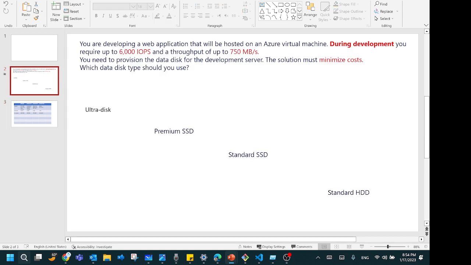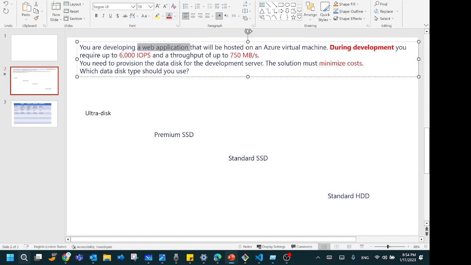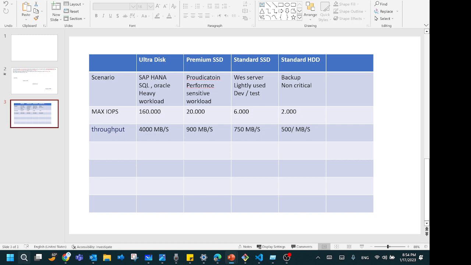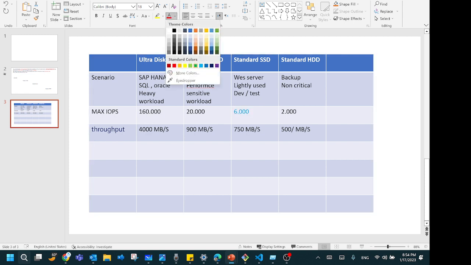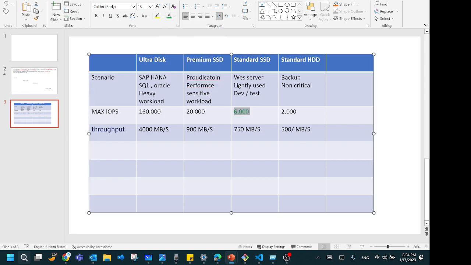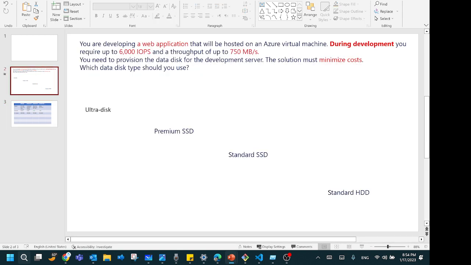Now, you have your solution, and you have a web application, and during development this web application requires up to 6,000 IOPS. So let's see what the IOPS is here. Up to, so it will be this one. Let's put it green. It will be achieved. And 750,